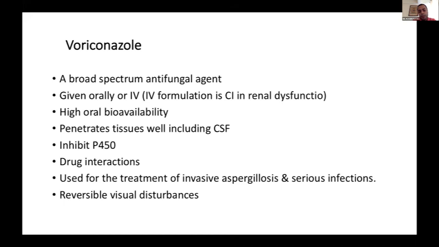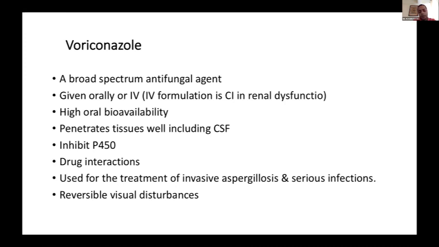And if you're forced to use it, especially if you get invasive aspergillosis, it's a drug of choice as a first line. You need to be careful when we have patients who are on cyclosporine or tacrolimus. It has been shown to cause reversible visual disturbances. So you need to make sure that at least these patients go for regular checkups, especially if they're on long-term therapy